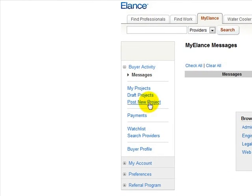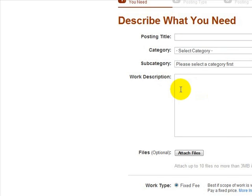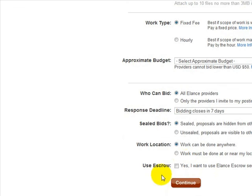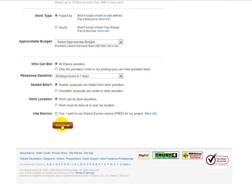If you want to post a new project on Elance, you just click on the Post New Project button, and it's similar to Rentacoder. You need to go through all these things: type in your title, description, that sort of stuff, when you would like it done, and use escrow. With escrow, Elance holds the funds. Once you've deposited the funds into Elance, either via your credit card or via PayPal, Elance will hold on to it, and it won't release the funds to